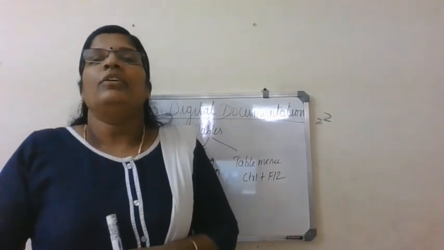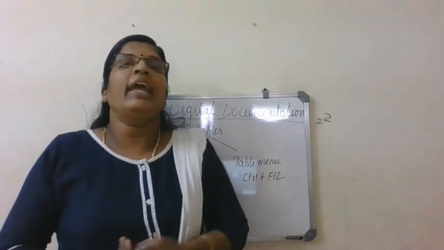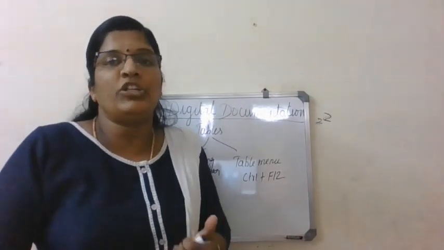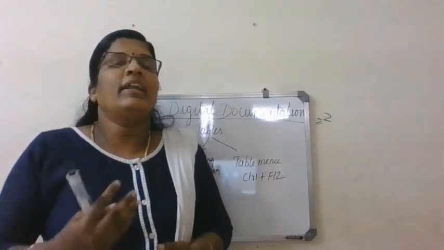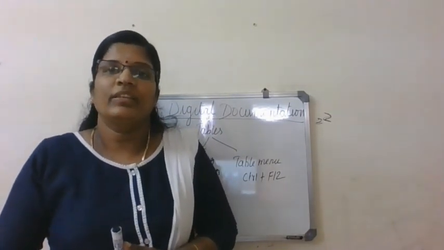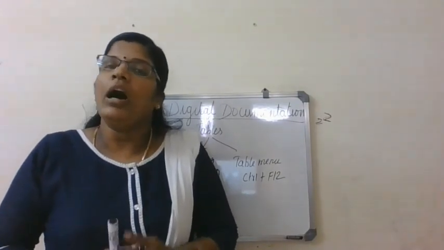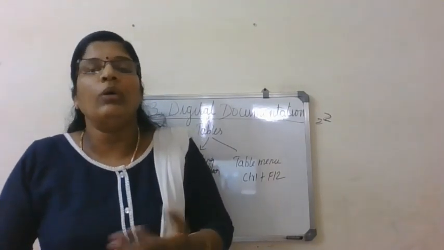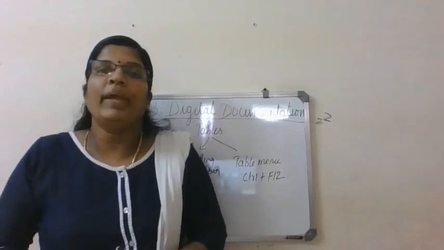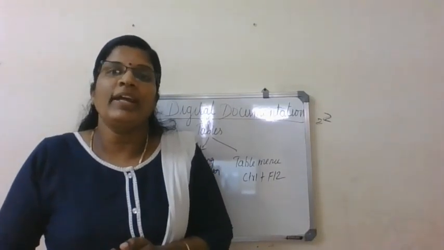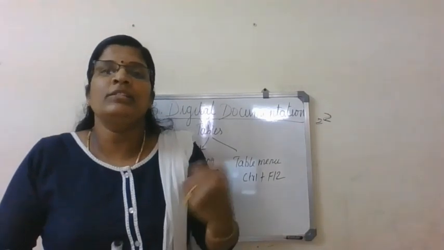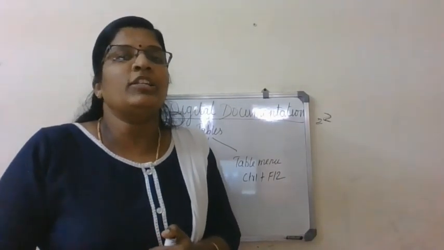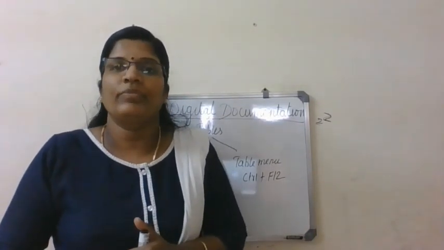Got it? Then formatting a table. Using table formatting, you can format your table. Give background color, text color, border, and everything. And we studied how to print preview and how to print the document: single page, multiple pages, and a range of pages. All this we studied in this portion. In this video class, we studied all about tables.